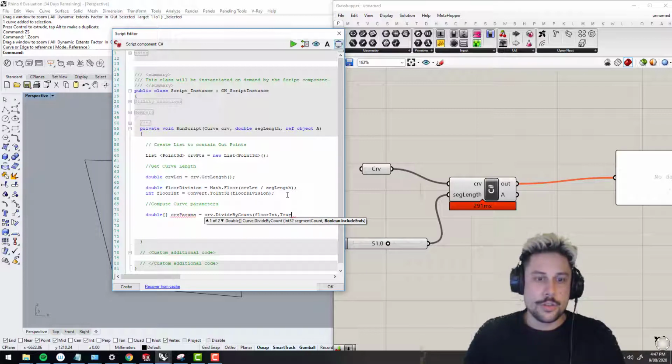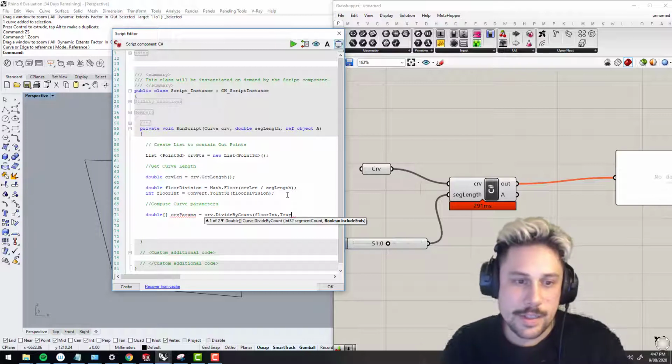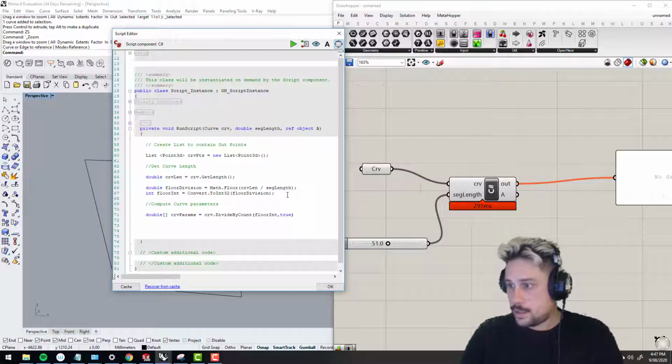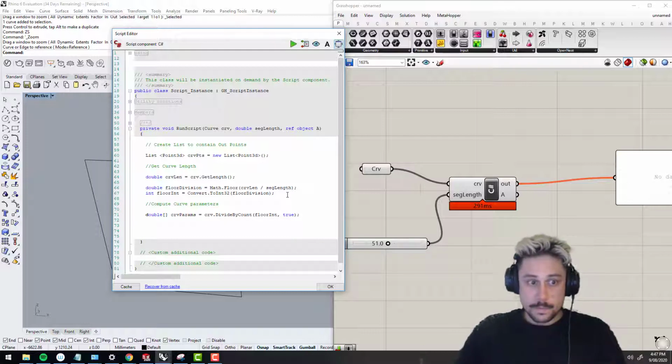So long story short, we need a curve that we're dividing, of course, which is CRV curve. We need a 32 integer segment count, which is our floor division, and we need a boolean to include whether we take the ends or not. And we do want points on the ends in this instance. So we've got that done, and that should return us back the actual